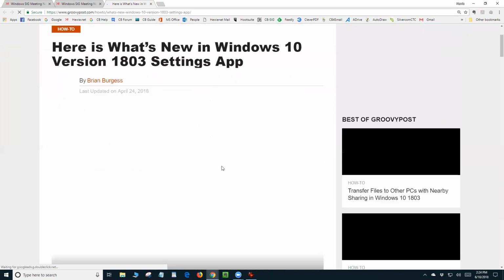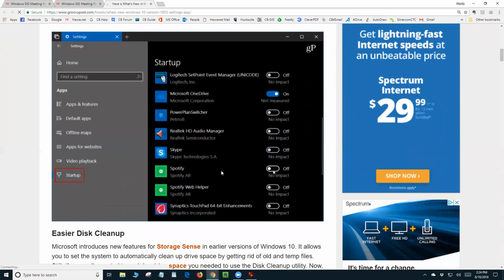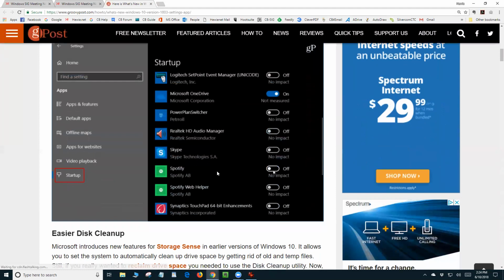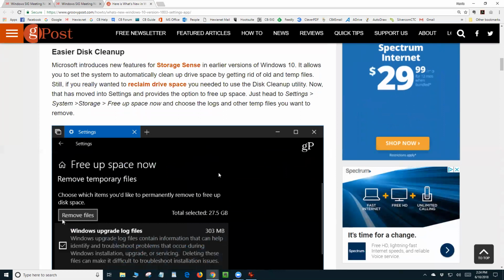Okay, let's talk about settings. I mentioned the startup apps are now in your settings. You can do an easier cleanup from settings